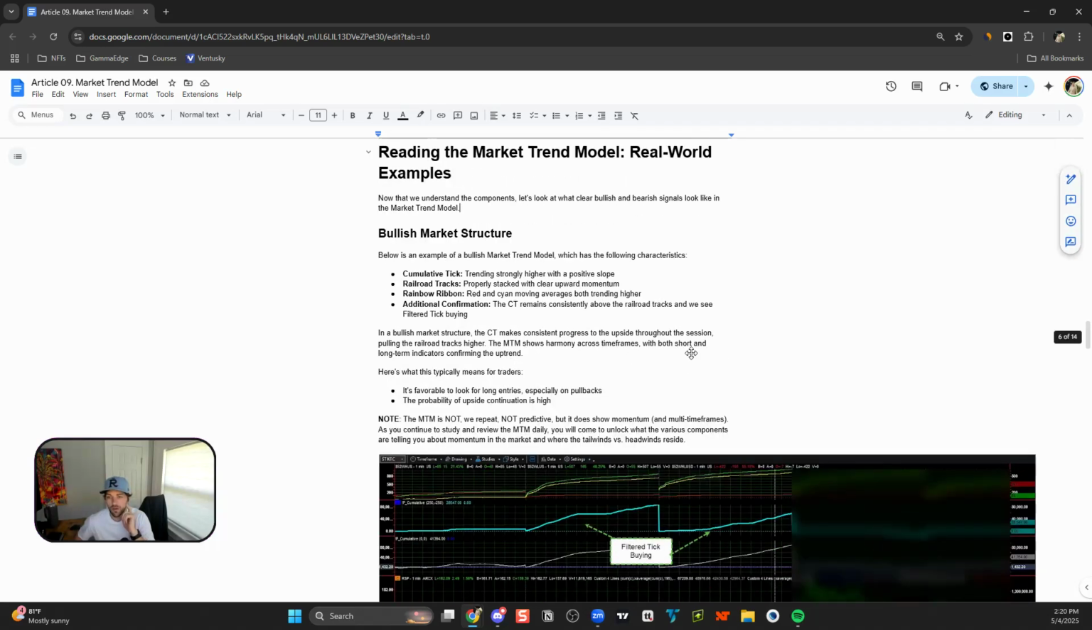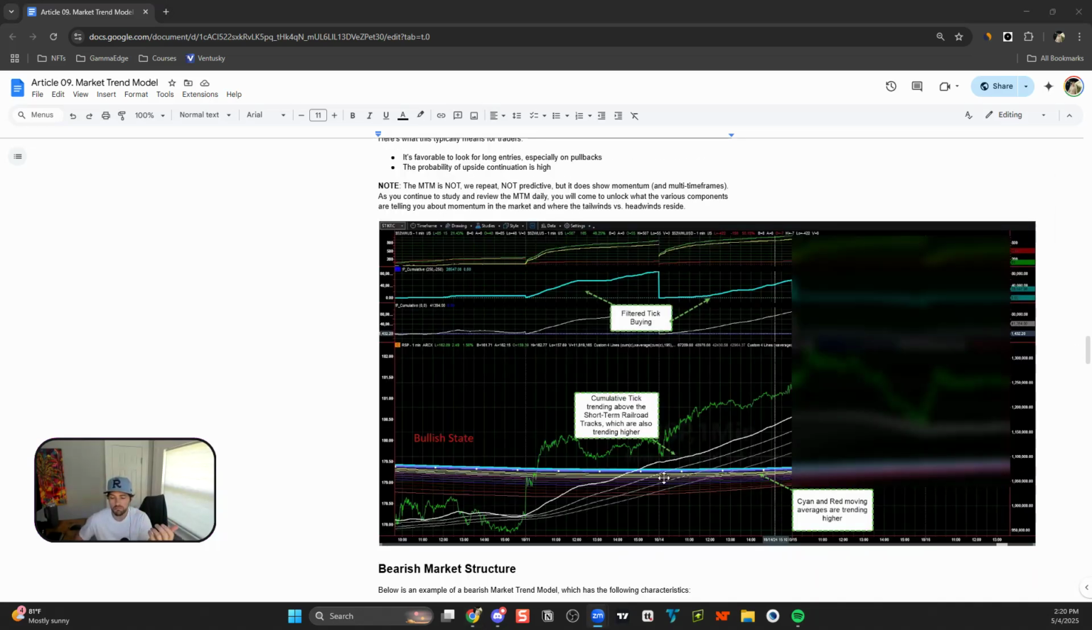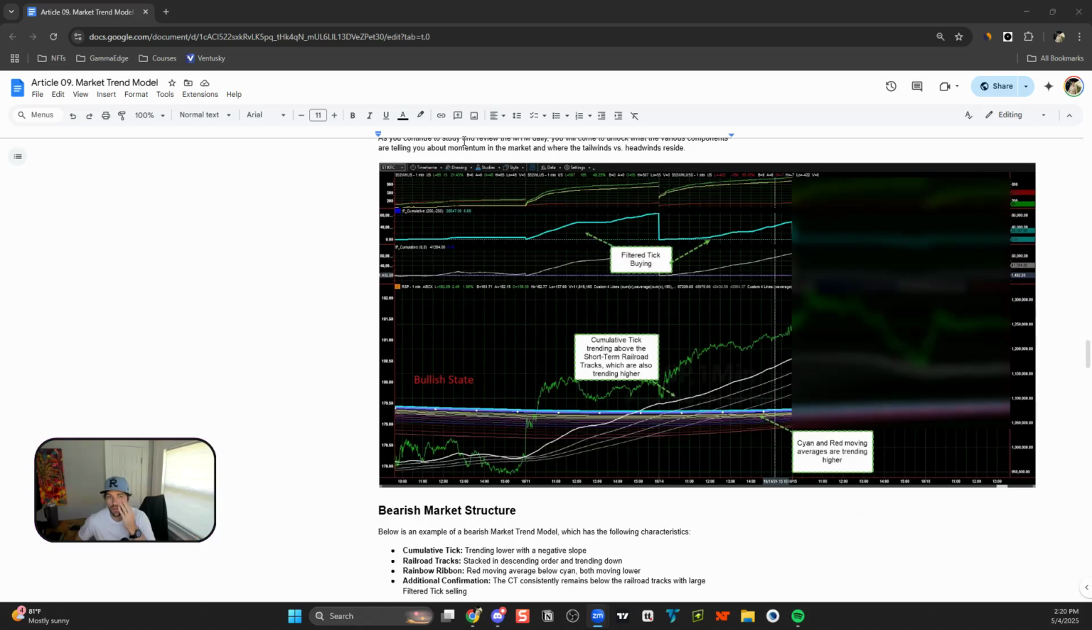So down below here, this is what a bullish market trend model looks like. Breaking it down real fast, just going through each of the components: the cumulative tick, strong move higher. Railroad tracks, strong move higher in the same direction as the market trend as the cumulative tick. Their rates of change and the angle is supportive of sustained buying higher as well. And then it's also supported by filtered tick buying as well. Last point is the